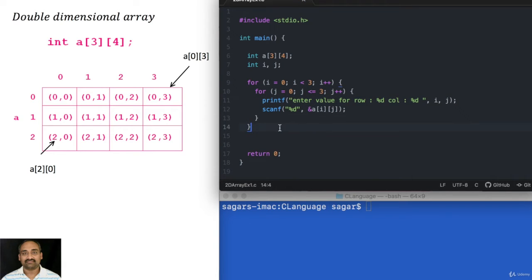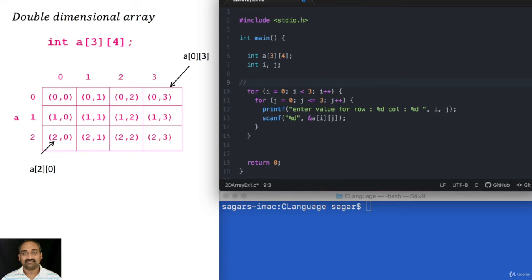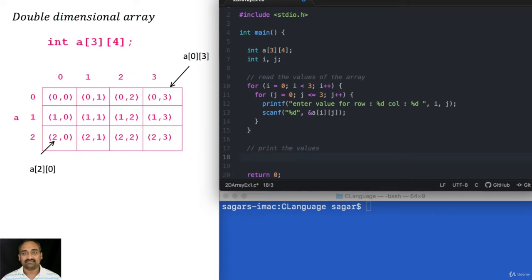Now once we are done, we read the values of the array, and we will print the values here. So the values are, I will print a slash n.